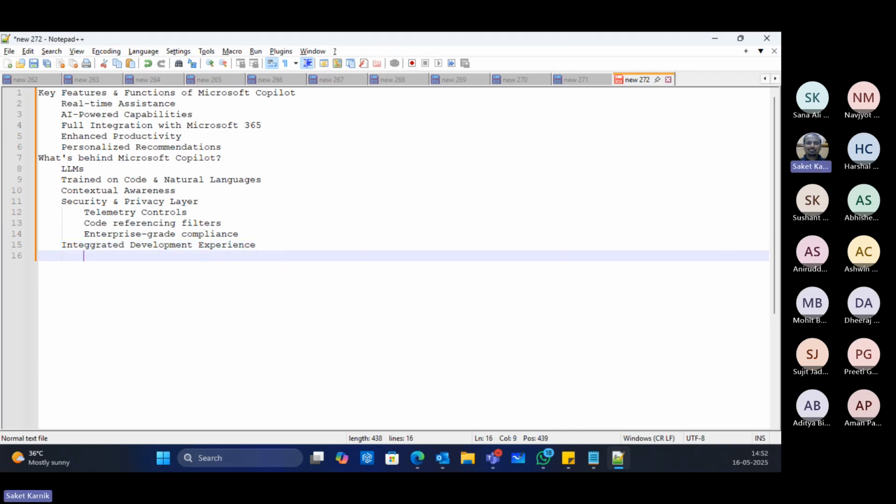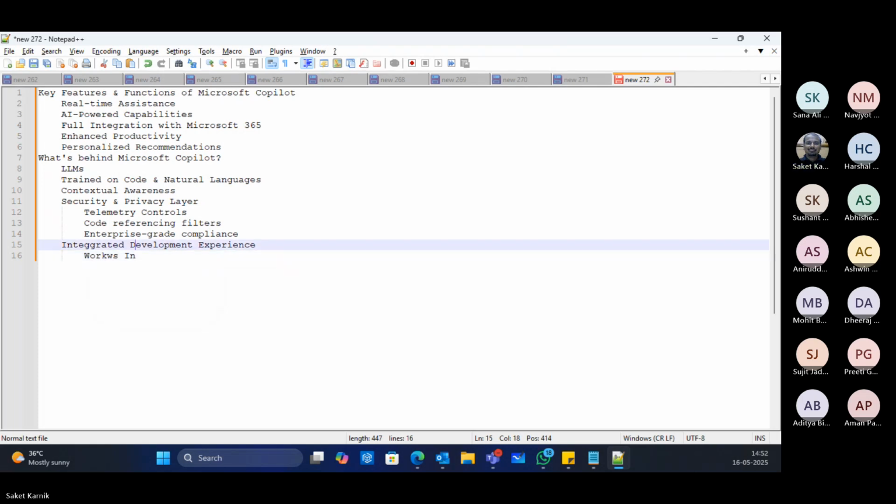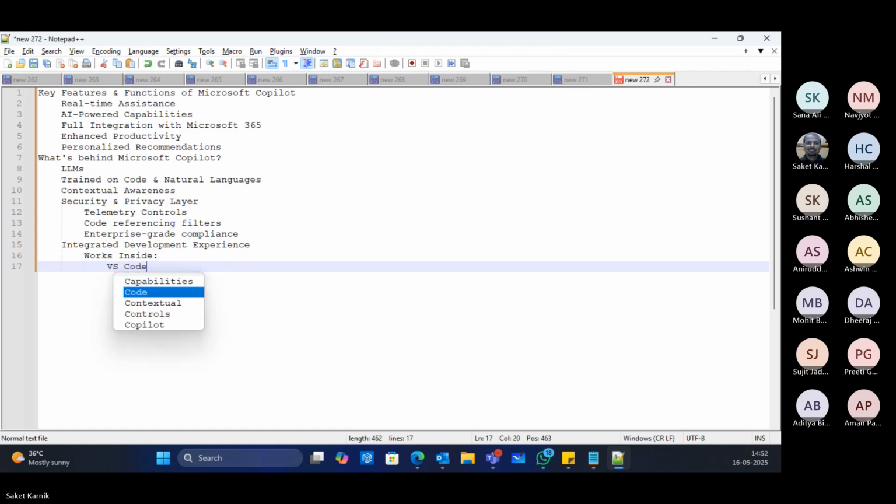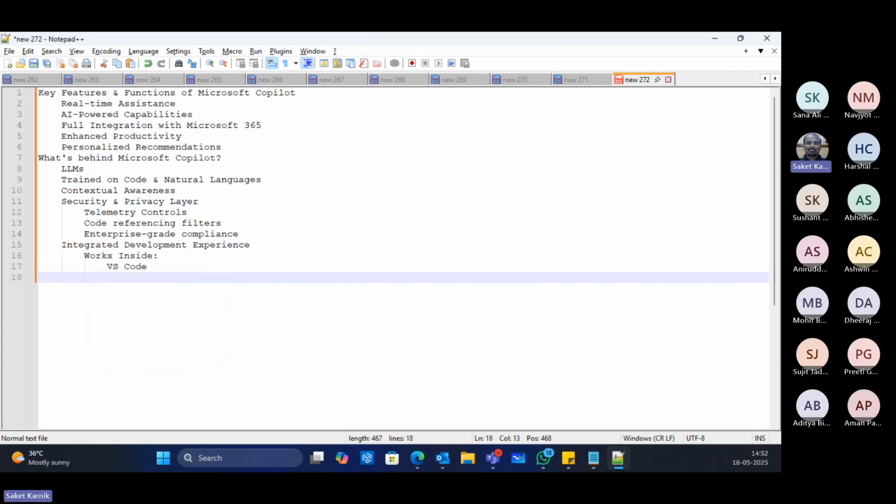What it says is that the tool works inside VS Code, one of the heavily used editors as of today. Then Visual Studio, more popular for Microsoft platform-based development.